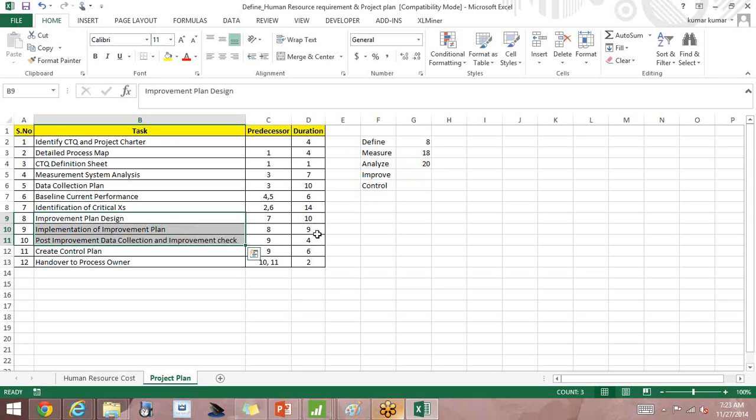These three will be how many days? 23 days. And the last two, create control plan and hand over the process, would be 8 days. From date to date, you can put any dates, but it has to be mapped with these number of days. Is this clear, Anuj?